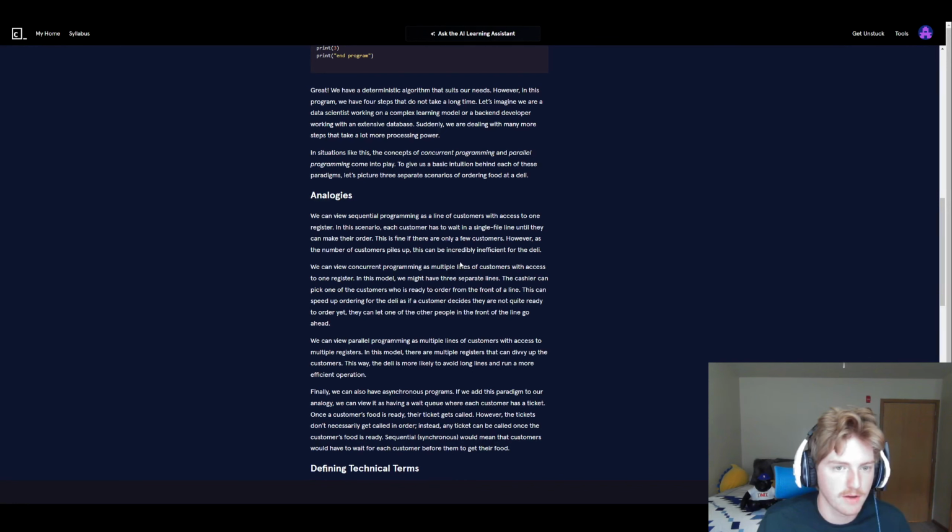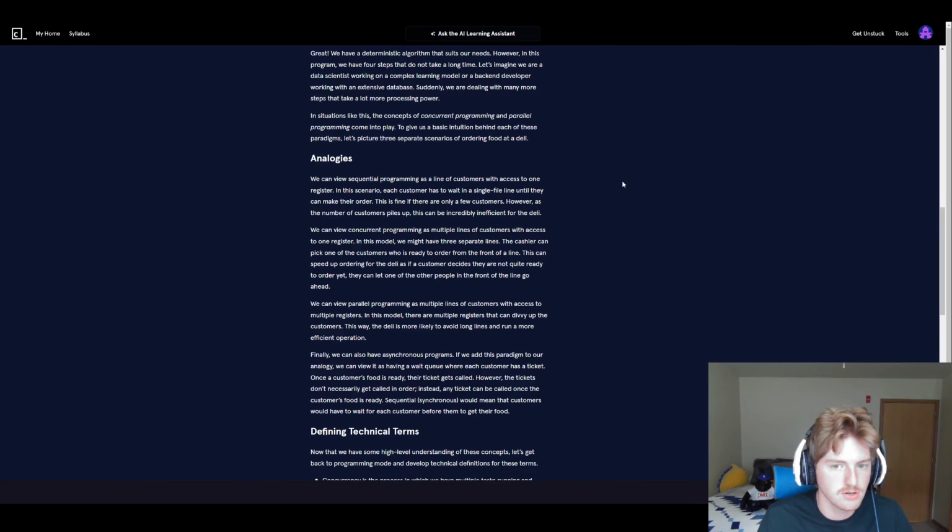However, in this program, we have 4 steps that do not take a long time. Let's imagine we are a data scientist working on a complex learning module or a backend developer with some extensive database. Suddenly, we are dealing with many more steps that take a lot more processing power. In situations like this, the concepts of concurrent programming and parallel programming come into play. To give us a basic intuition behind each of these paradigms, let's picture 3 separate scenarios in ordering food at